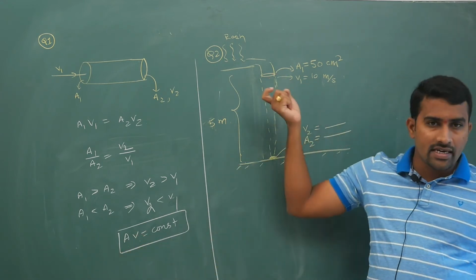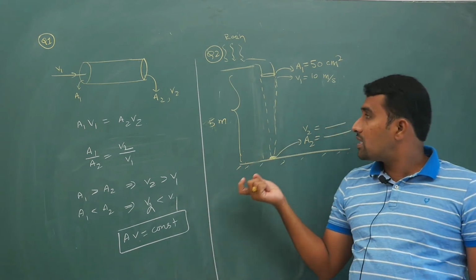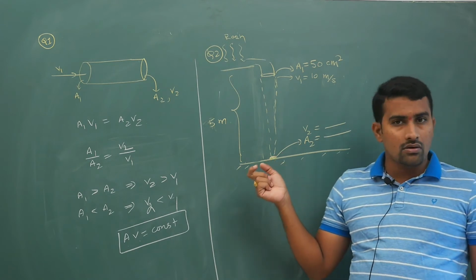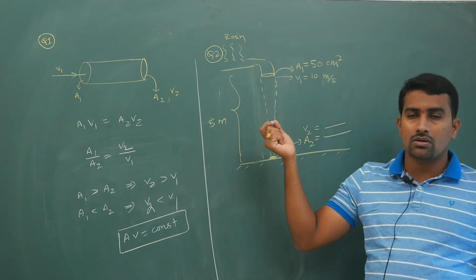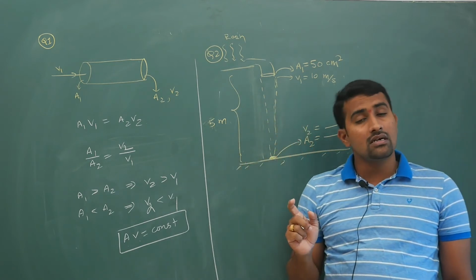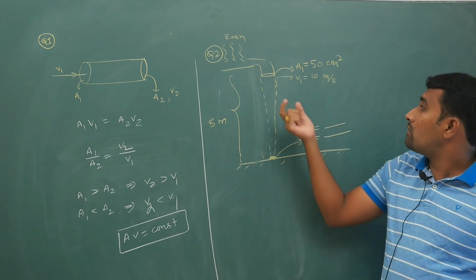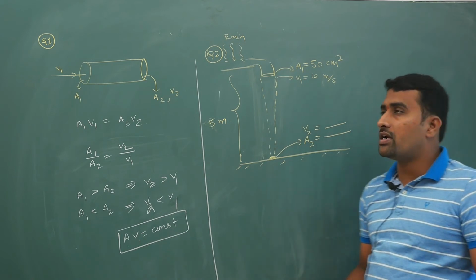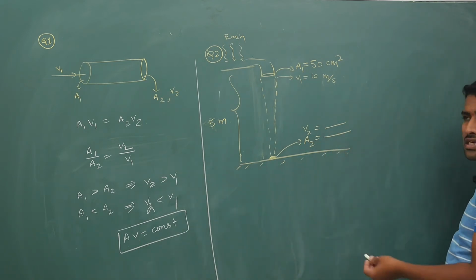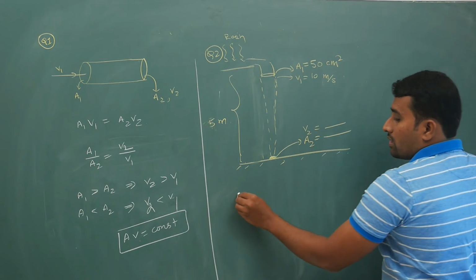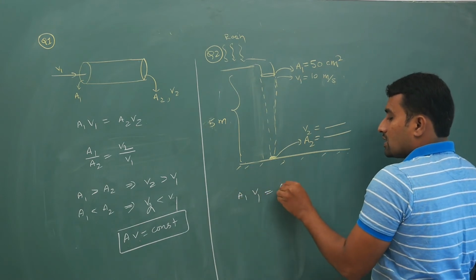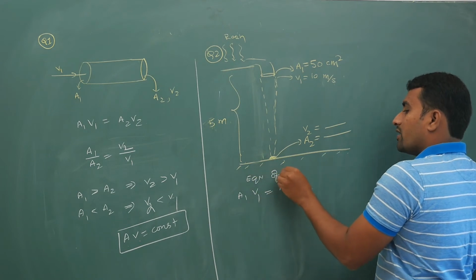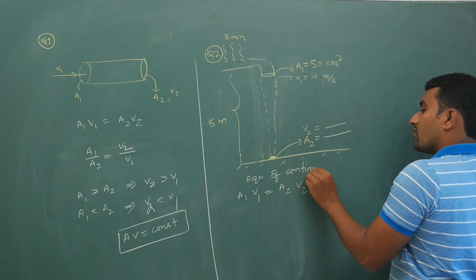So if you look at the tap also, observe in the bathroom when water is coming out of the tap, the flow area of cross section will decrease. Now what will happen if you apply equation of continuity? To get the area of cross section, A1 V1 is equal to A2 V2, because this is kind of ideal fluid. So you have to apply equation of continuity.